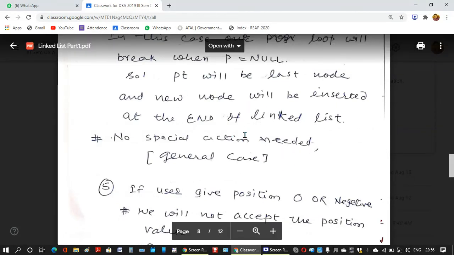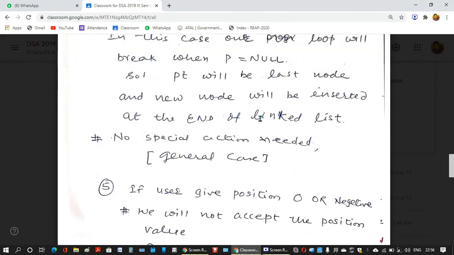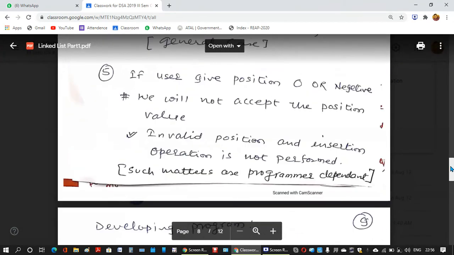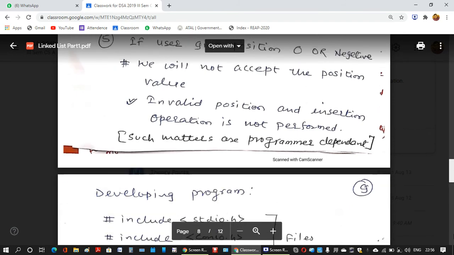Otherwise, if the position given is 10 or 100 or too high, then there is no problem. The new node will go at the end of the linked list. So if you understand this much, now it is our turn to write a program.